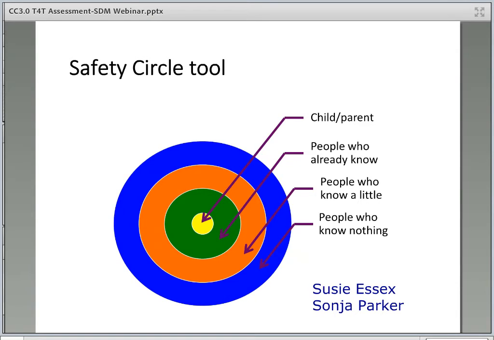This is a dynamic process and is supported by inquiry and questions such as, who from the middle circle would you want to move into your inner circle and why? What would tell you someone in your life was ready to move to the inner circle? If I said you had to move someone to that inner circle for us to take the next step in this case, who would you pick?